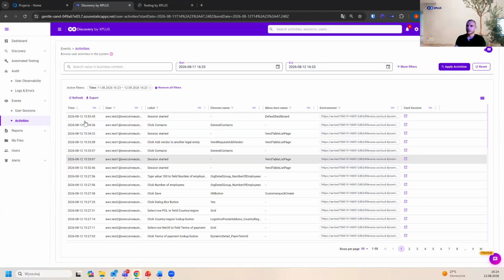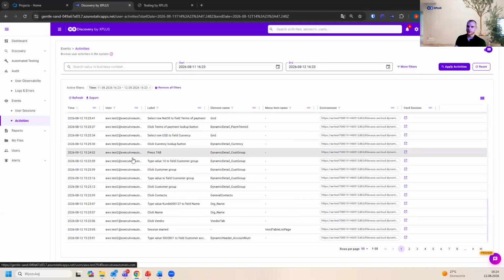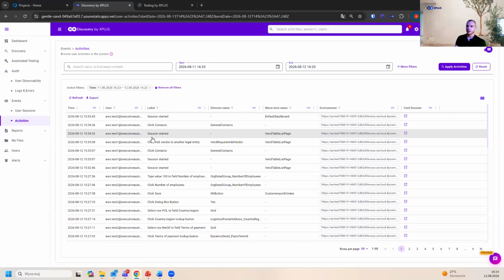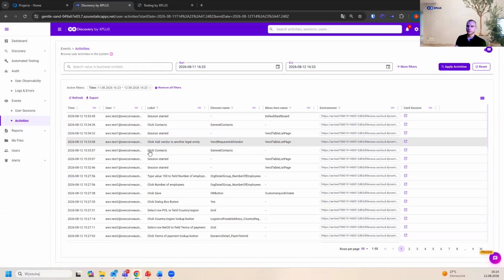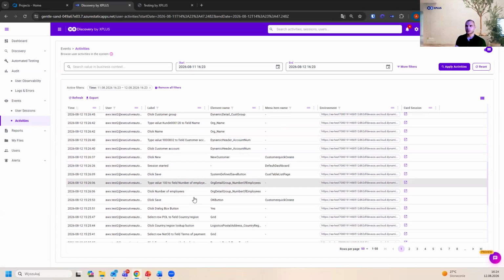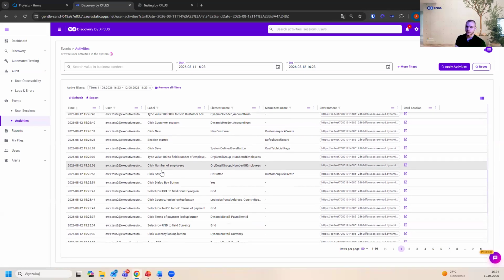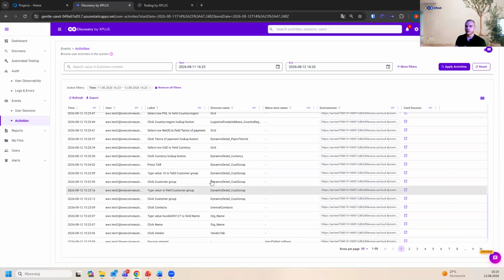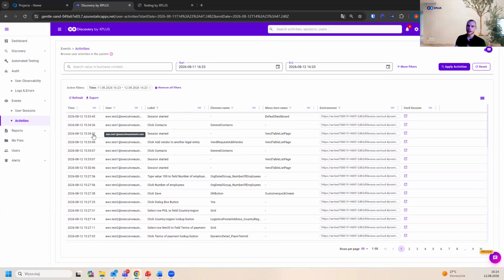I can see that half an hour ago some user started a session, the other one was clicking on contacts. Basically here I will see everything that happens in my Dynamics, every activity. Of course, we have plenty of options for finding data that is interesting for us based on the users and the elements used. This is what we mean by observability: the possibility to observe everything that happens in Dynamics, every click, every selection, and of course every process execution, because out of those simple activities, simple sessions of the users,